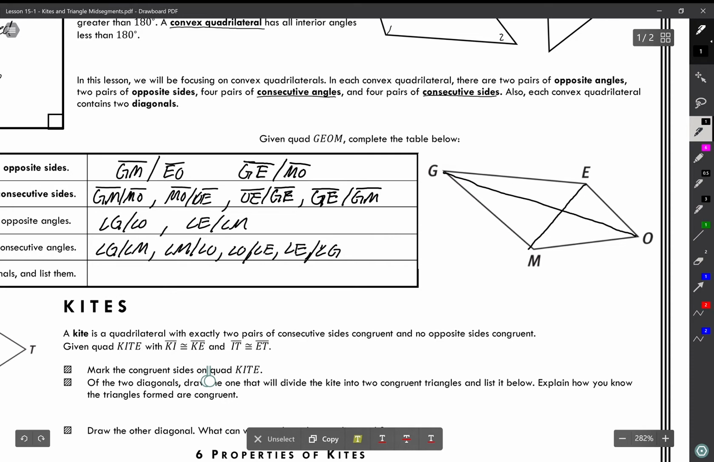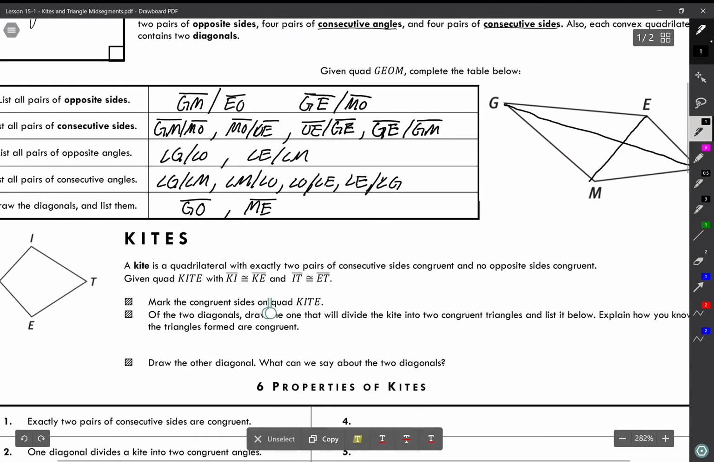Okay, the 2 diagonals, how we would write them as segments, of course, because they are segments that we've drawn with endpoints, which are these opposite vertices right here. So one diagonal would be GO, and then the other one would be ME. GO, ME. Okay, so that's quadrilaterals, a little introduction and kind of going over the terminology you'll be seeing